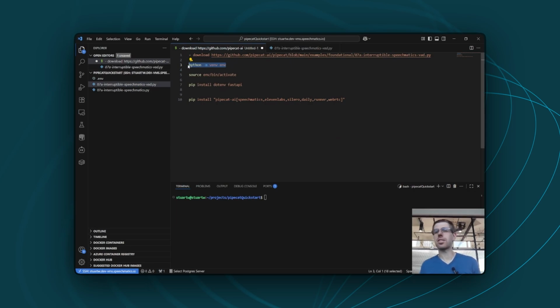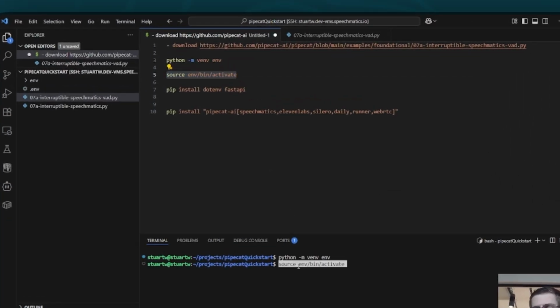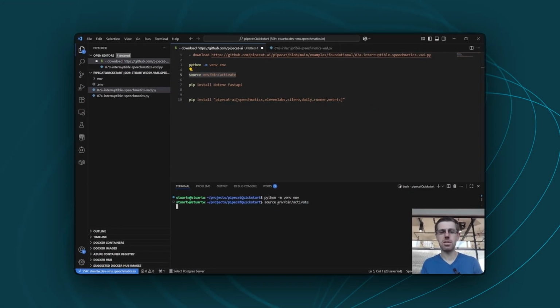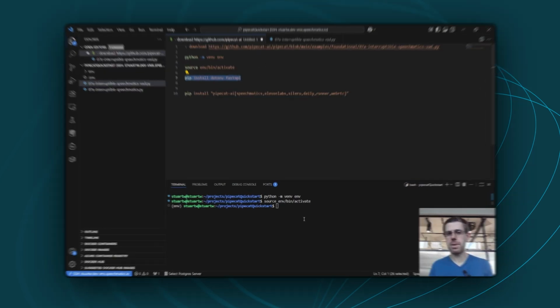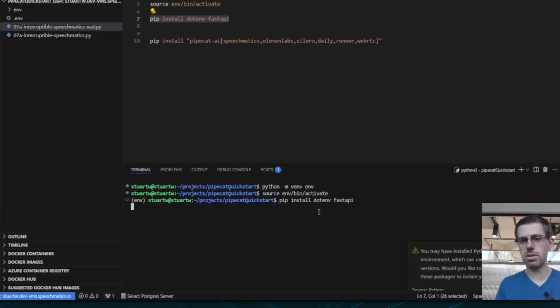I'm using VS Code as my editor, and we're developing here in Python, so we'll normally want to create a Python environment first to make sure all the packages don't conflict. We now have our virtual environment, which we're going to activate to be able to go into that environment and then install the right packages. We'll need the dotenv and the fastapi packages installed separately through pip install. So we'll do that installation,